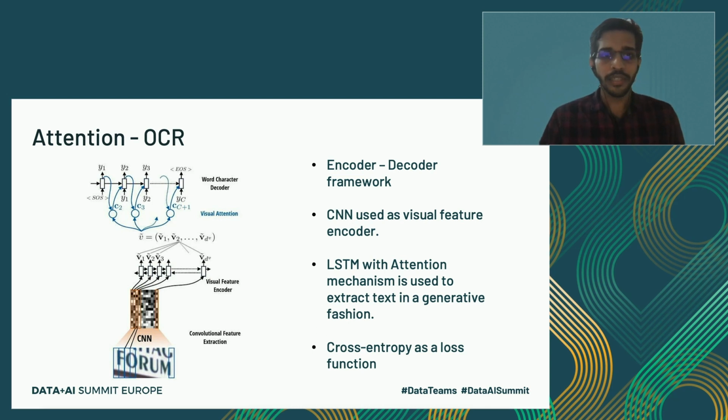Basically, in the decoder block, for every time step, we have softmax probabilities over the vocabulary. As I said earlier, we had 92 characters in the vocabulary. So for every time step, we get the softmax predictions over the vocabulary. Using that, we can conclude what letter we are trying to get in that particular time step, and then we get the predictions out of it. Since this is done in a generative fashion, we can go ahead and use cross entropy as a loss function.